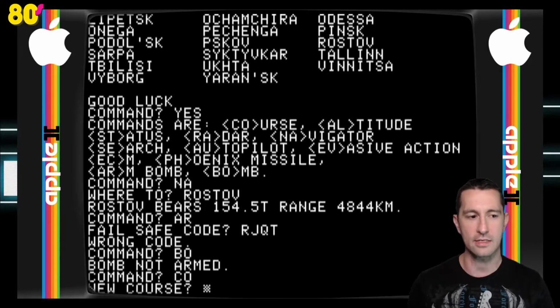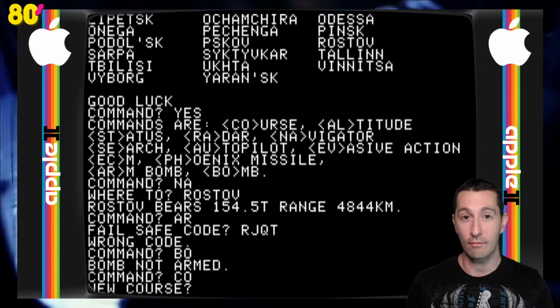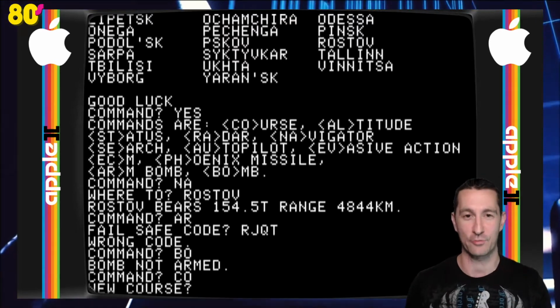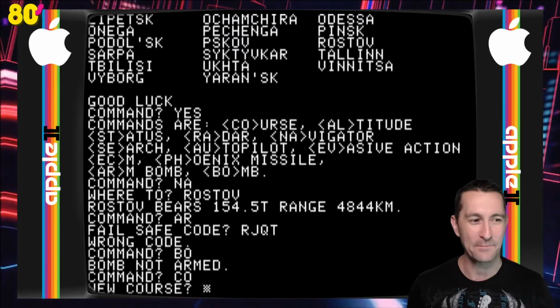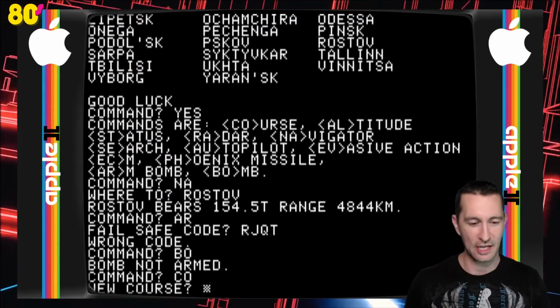You have to do all the commands to get the ship to do what you want, and then move forward. So this would be a step down compared to what we've seen. I've seen the Commodore PET have a game that you're flying first person. It is rudimentary, but it is pretty cool to actually have the action part of it. So this is a text adventure game, and so I would consider this one slightly below average, especially from what we'd